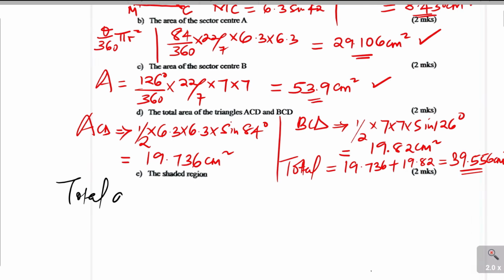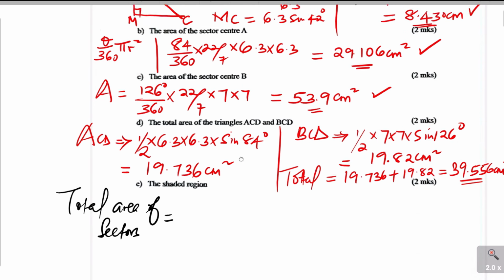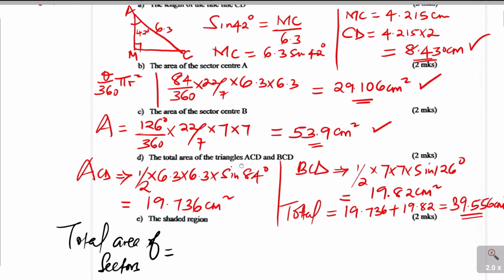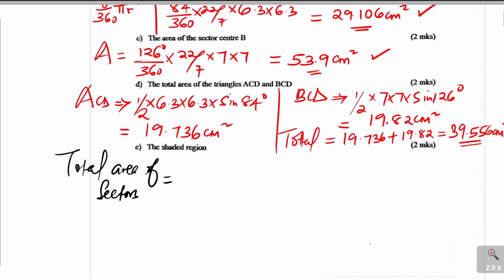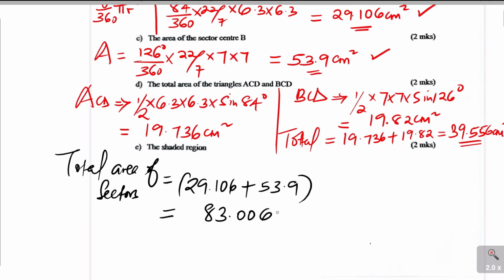So total area of the sectors, that is with center A and with center B, we got that one to be 29.106 in part B, and the other one was 53.9. So that is what we got, and this will give 83.006 centimeters squared. So total area of the sectors, then we subtract the total area of the triangles,